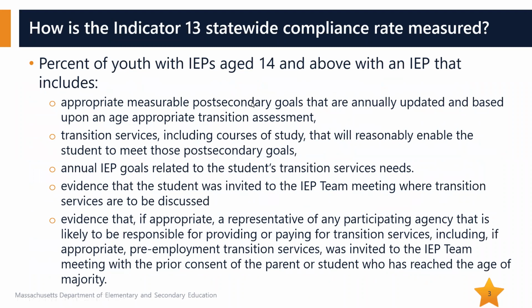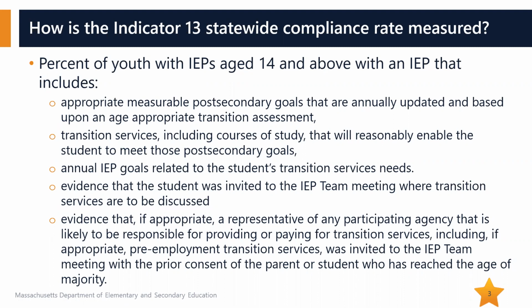How is the Indicator 13 statewide compliance rate measured? The state uses the percentage of youth with IEPs ages 14 and above with an IEP that includes the appropriate measurable post-secondary goals that are annually updated and based upon an age-appropriate transition assessment, transition services, including courses of study that will reasonably enable the student to meet those post-secondary goals, annual IEP goals related to the student's transition service